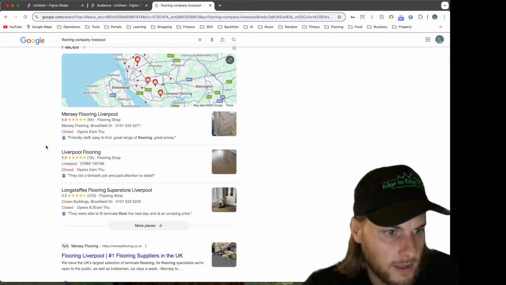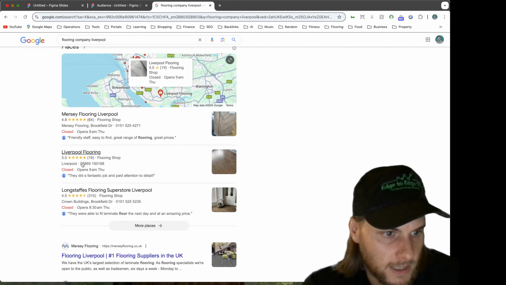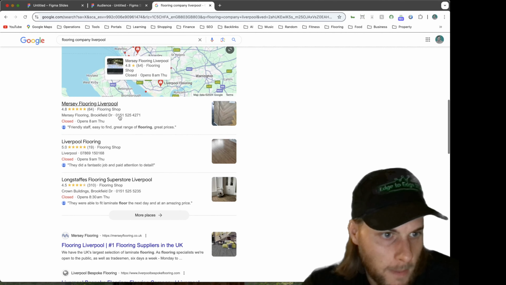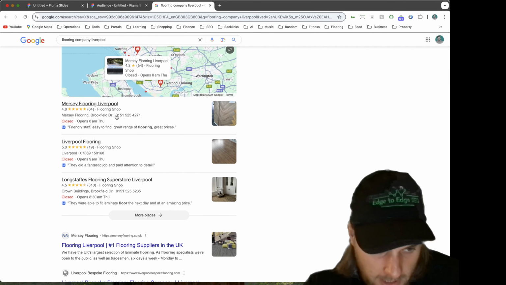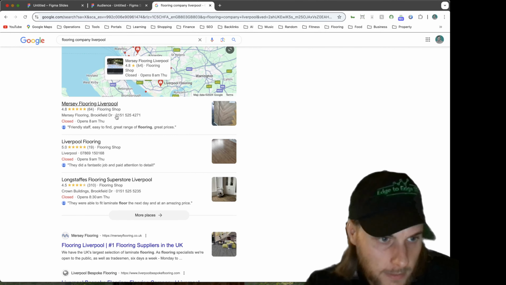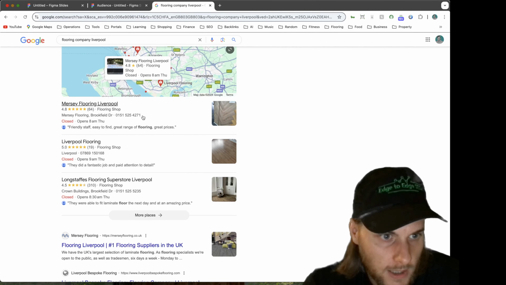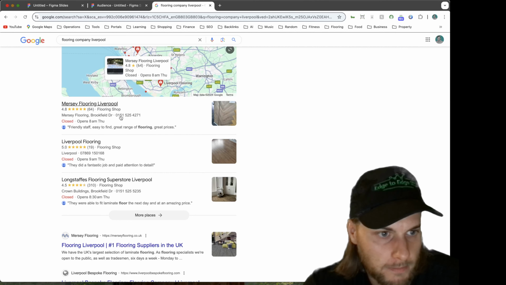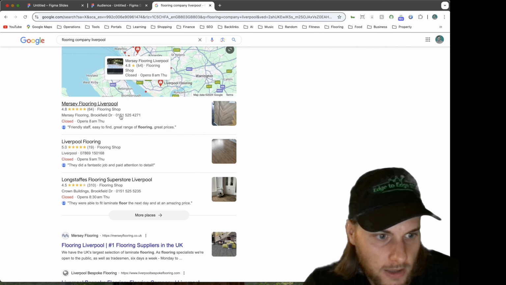Next up, we want a business phone number. A lot of flooring companies, you can see this one here, are using a mobile number, but if you can, and you don't necessarily have to have an actual landline number, because there are services out there that will give you dedicated numbers for your areas. Obviously Google is going to understand the local dialing number.